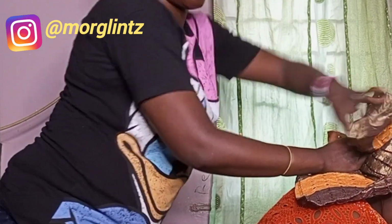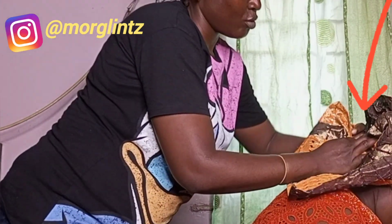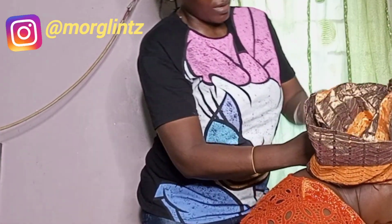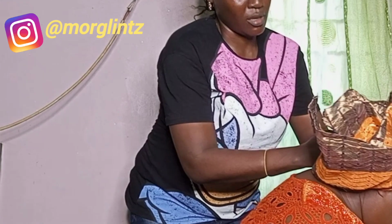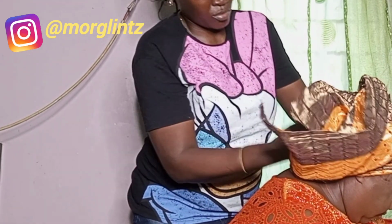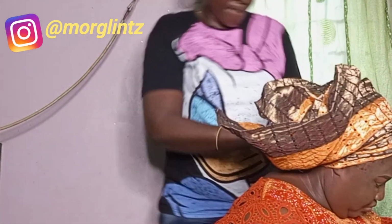Then from there, the shorter hand that I have left, I'll be bringing it out to tie with the longer hand. The shorter hand that I have left at the other side, I'll be bringing out to tie with the longer hand. Then the tips is what I'll be tying together. Then firmly I'll make a knot,